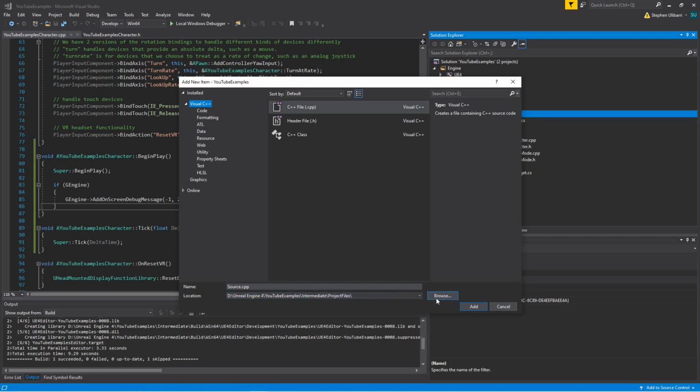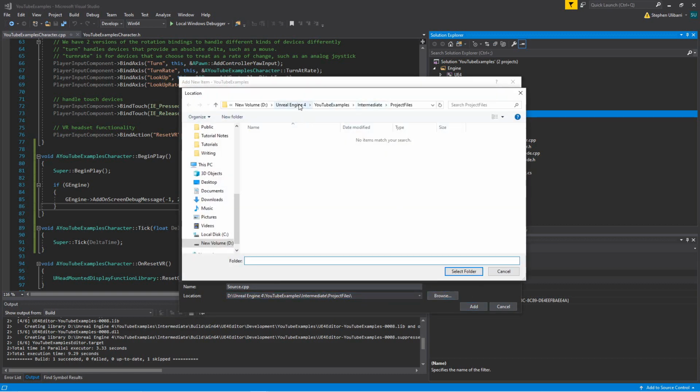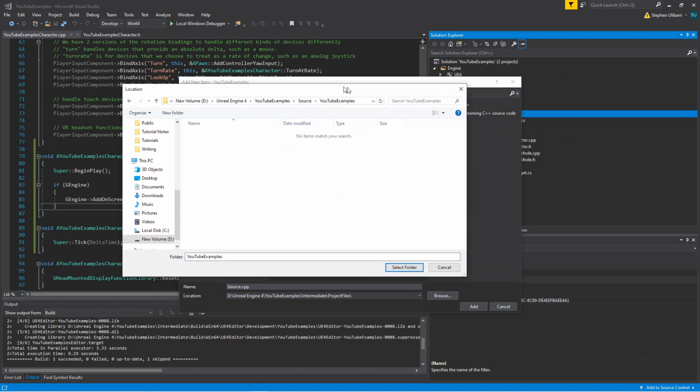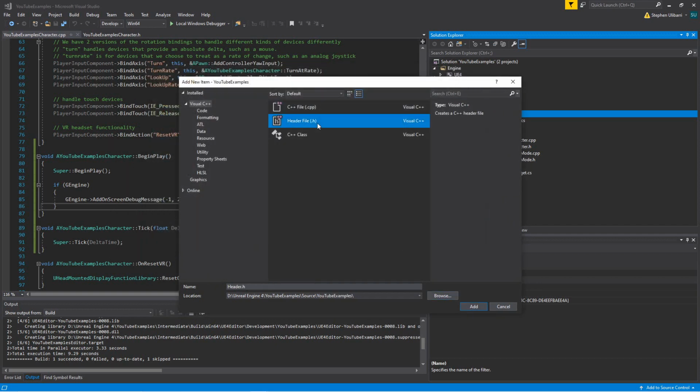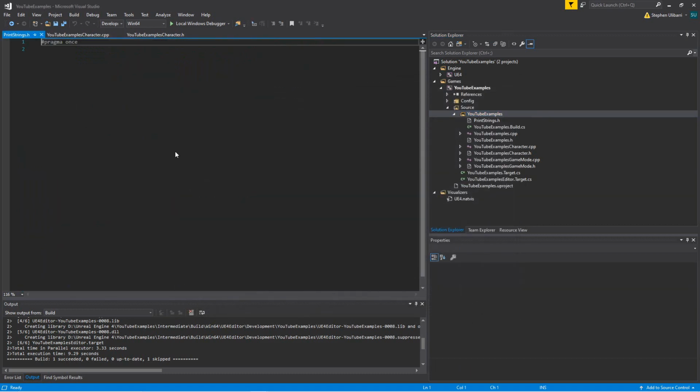Remember we wanted to, let's click browse and find it here. We had Unreal Engine 4, we had let's see, YouTube examples, and we wanted it to be in the source folder. So source and YouTube examples. This is where we want our .h file to be. So we'll select that folder. And remember, we want this to be a header file, and we're going to call this print strings.h. So if we click add, now we have this new print strings.h, and Visual Studio will nicely give us a pragma once macro preprocessor directive here,